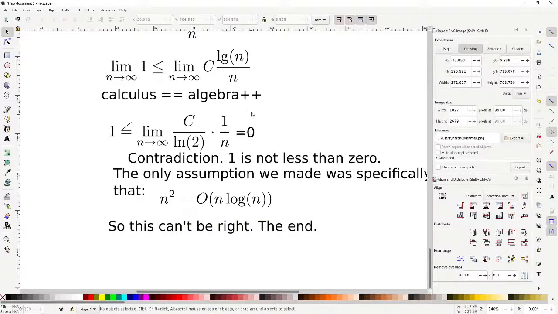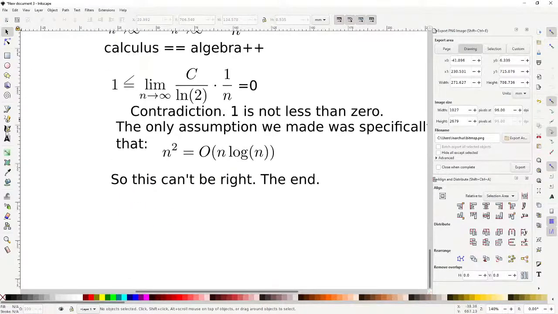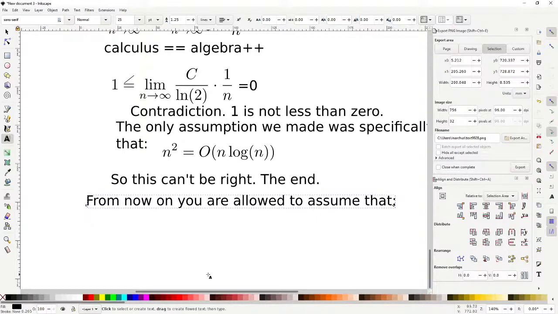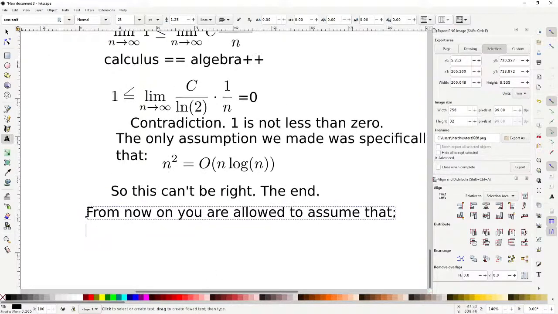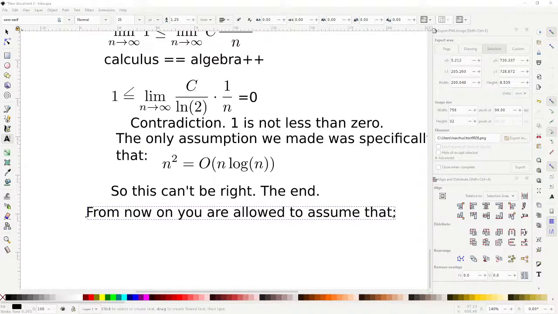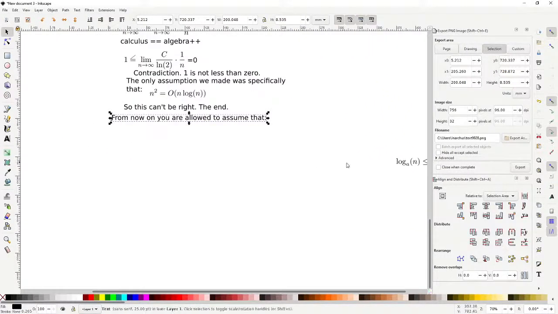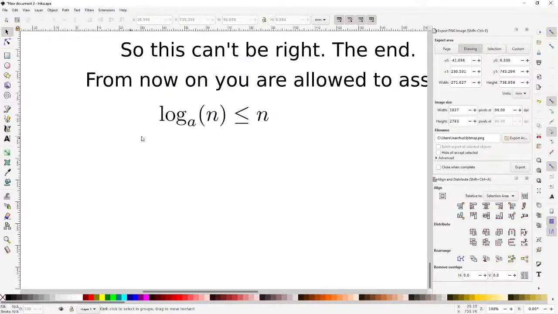Honestly, let's just admit that from now on you are allowed to assume log base anything. So let's make it even more general. The log base a of n is less than or equal to n, as long as, I guess, a is bigger than 0, or a is bigger than 1, right? Technically you could have negative exponents or something like that, but you're allowed to assume this from now on,